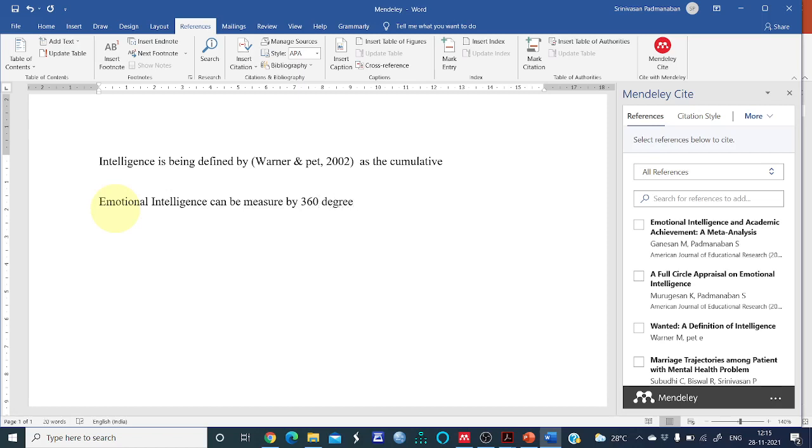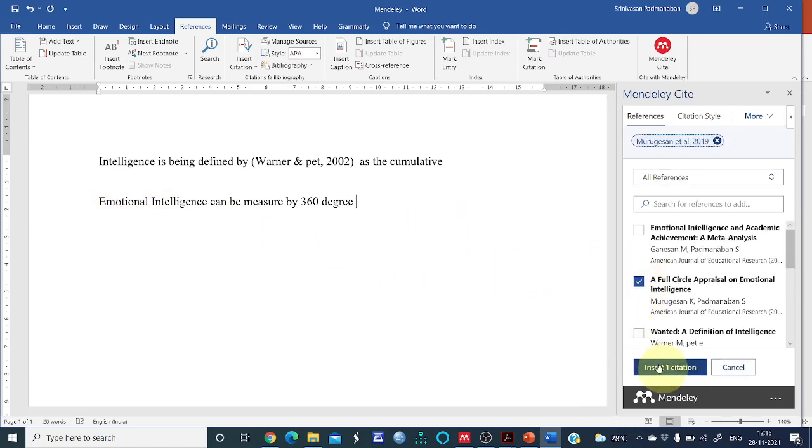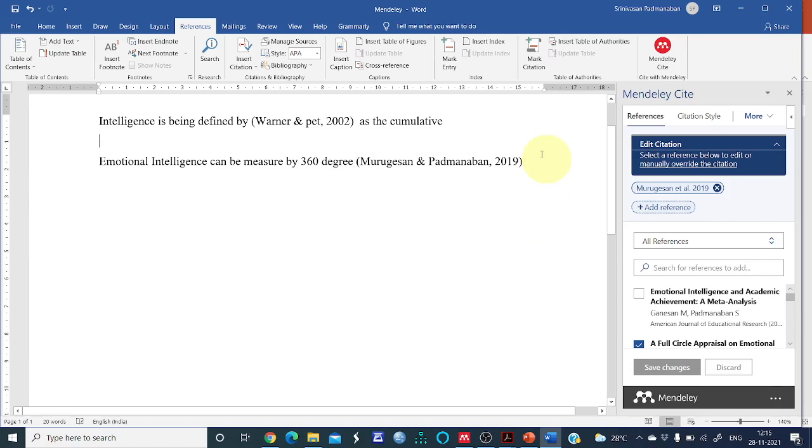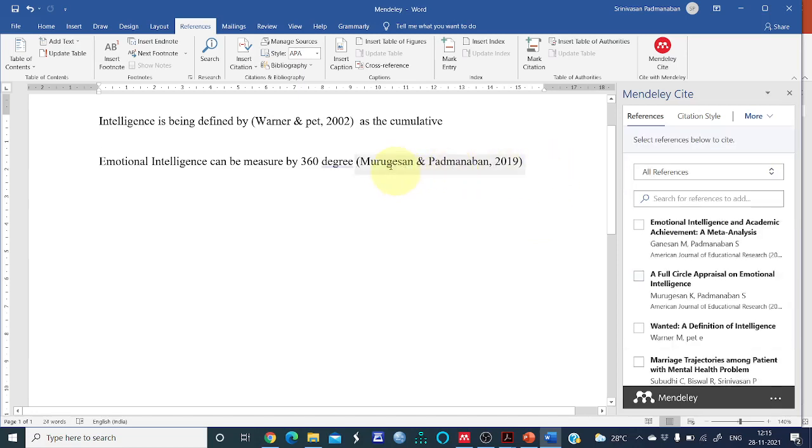So this was given by Murugesh, and therefore here I would take it and I will add the citation. If you want to edit this also in a running manner, where Murugesh and Padmanabhan, like that, if you want you can edit it because this is coming inside the brackets.